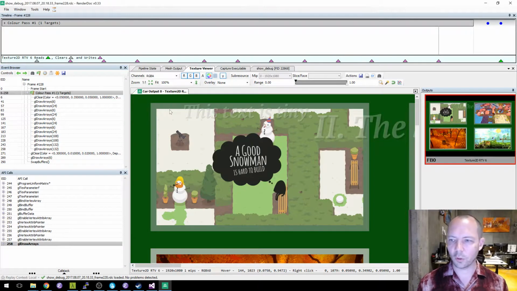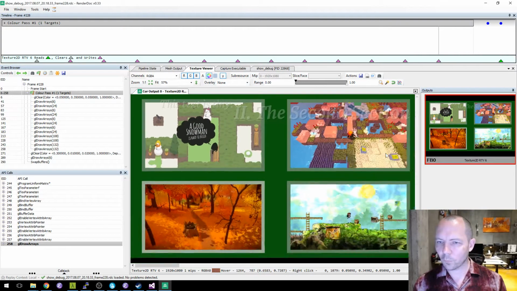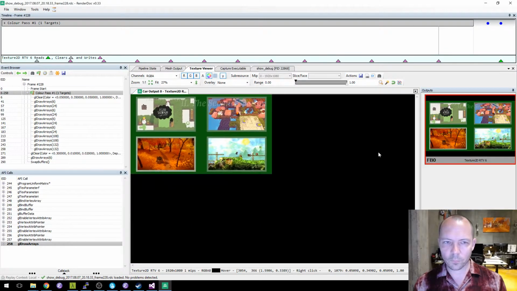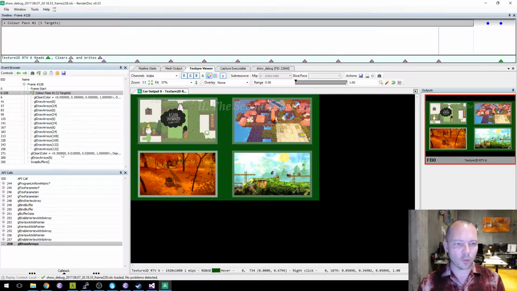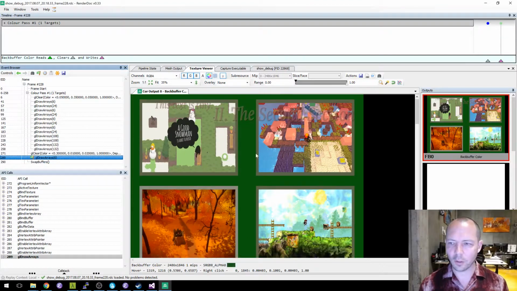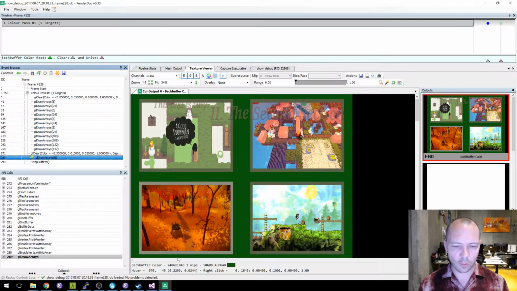Texture viewer. So that's a render target. It's 1080p. It is not stretched. This one is, what are you doing? Okay. This is 1800 high. It is stretched.